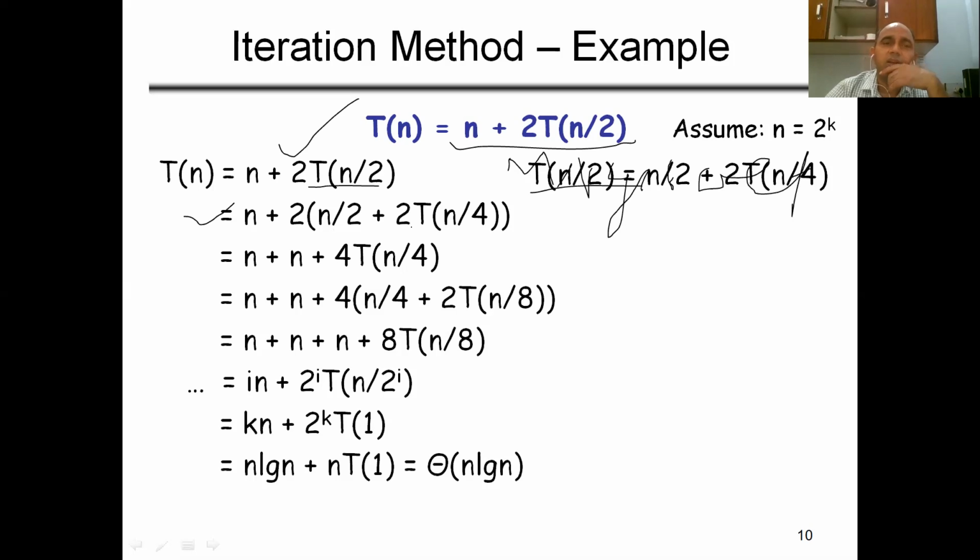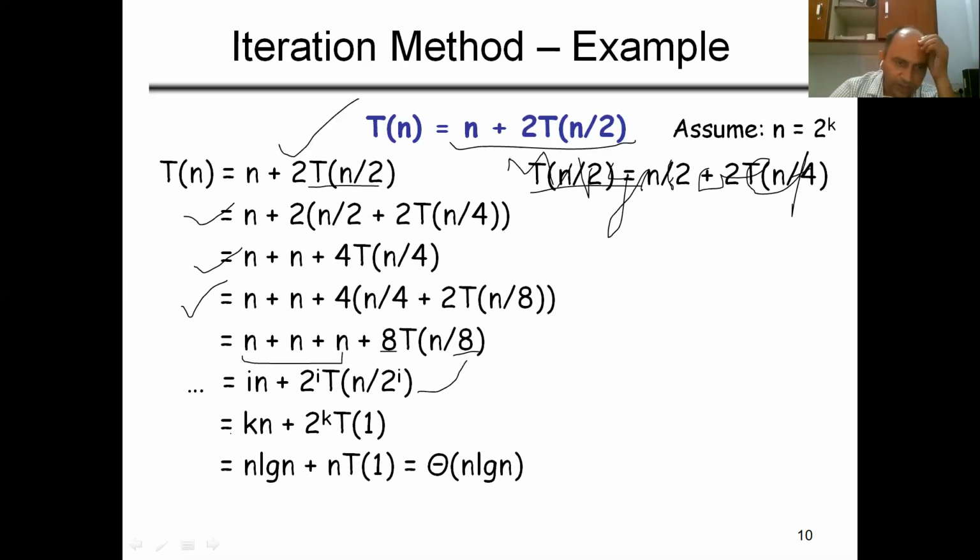Again, we have a variable T(n/4), so I can find the value of T(n/4) from the main equation. There, the value of T(n/4) will be n/4 plus 2T(n/8). So this equation becomes like this. Again, using back substitution, I can write this equation like that, and finally I can get it. Suppose after i steps, this equation will become, because these are 3n, here is 2 to the power 3, here is 2 to the power 3. So there is a logic in this equation. I can write at the ith step these n's are i, and 2 to the power i times T(n upon 2 to the power i). There is a logic behind it.